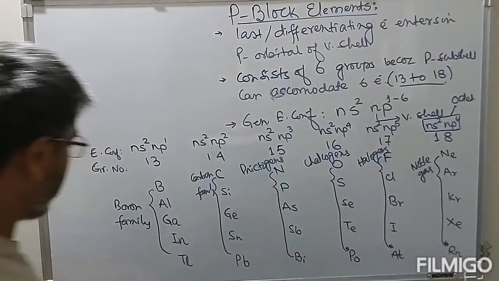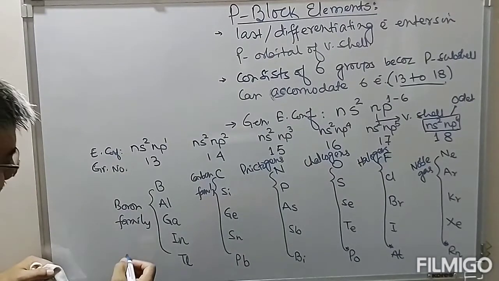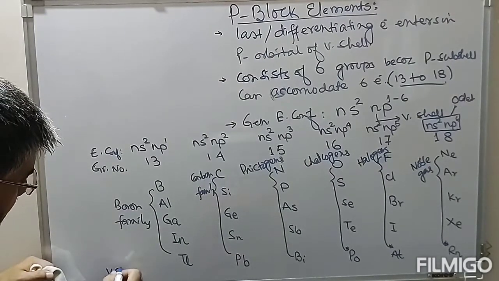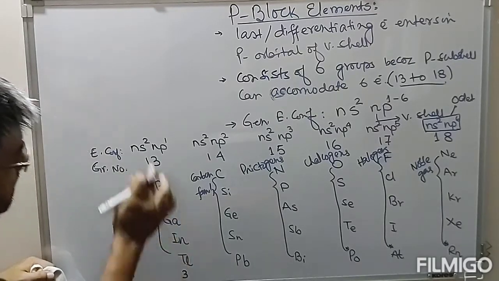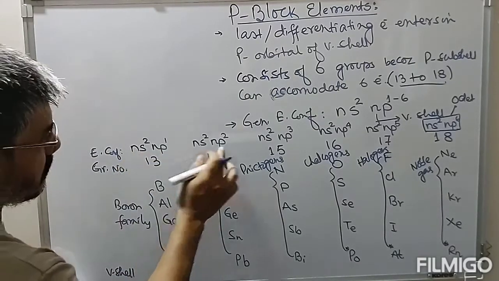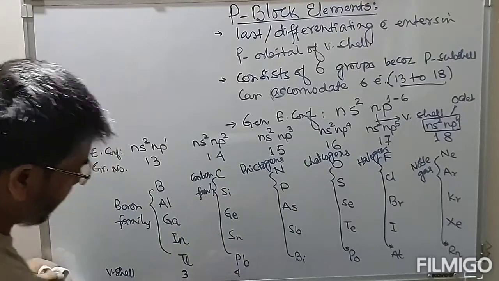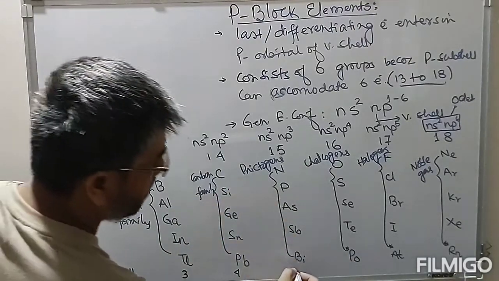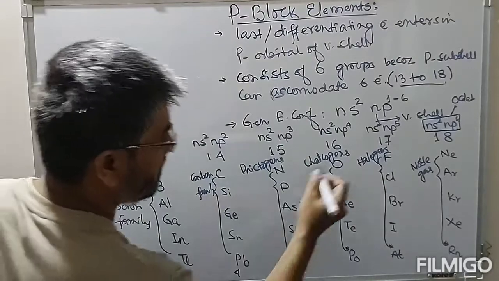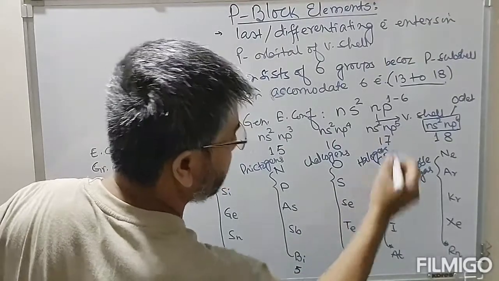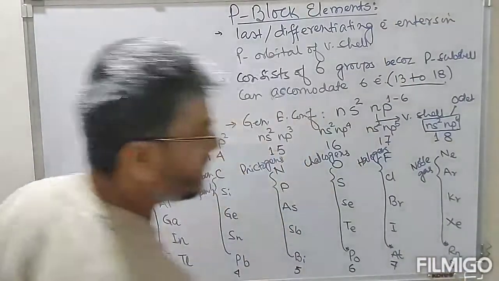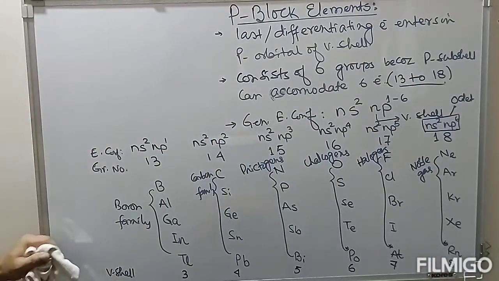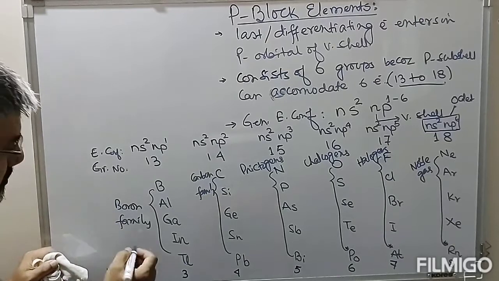So let's find the number of electrons in the valency shell. Total we have 3 electrons in the valency shell, 2 plus 1. Group 14, 4 electrons in the valency shell. Group 15, 5 electrons. Group 16, 6 electrons. Group 17, 7 electrons. Group 18, 8 electrons in the valency shell. Now if you look at the number of unpaired electrons,